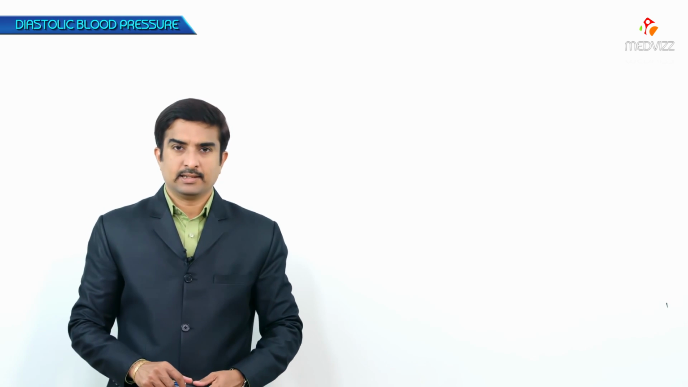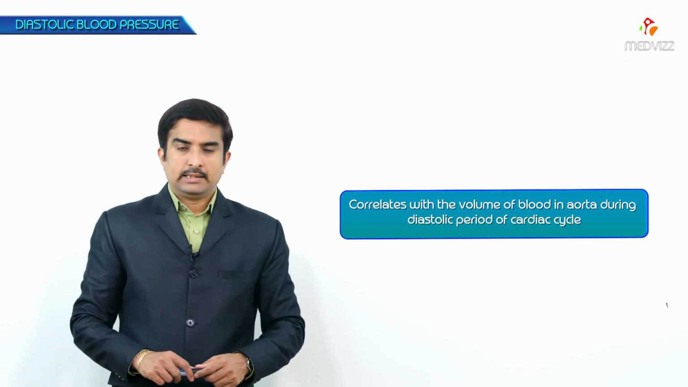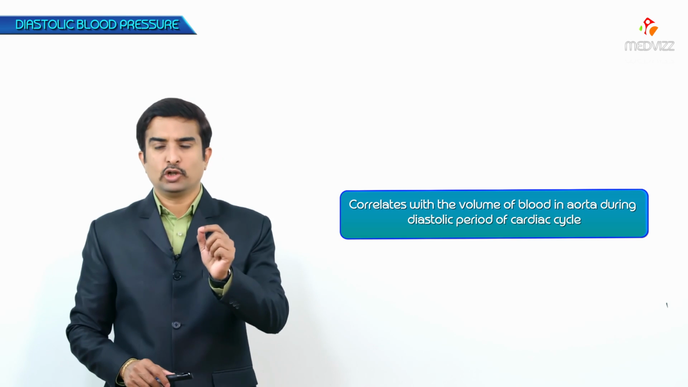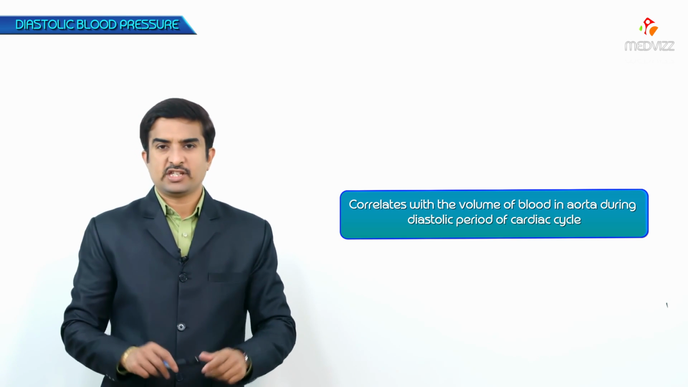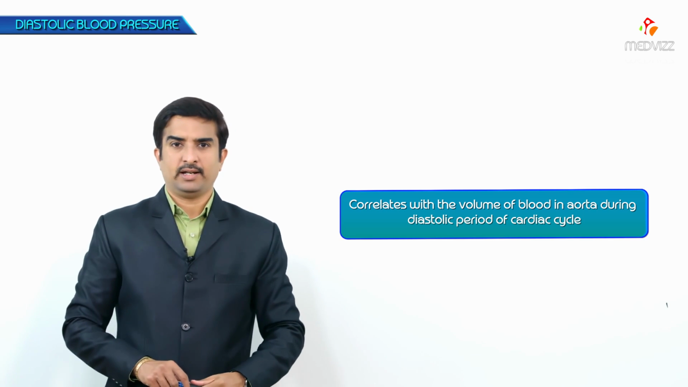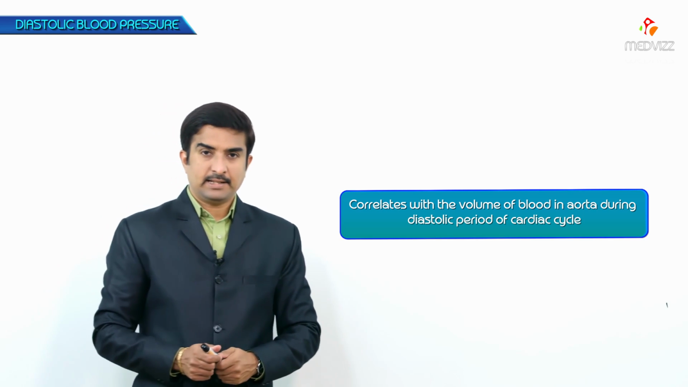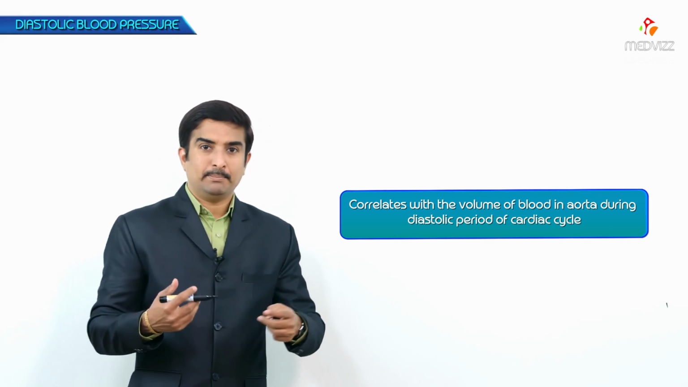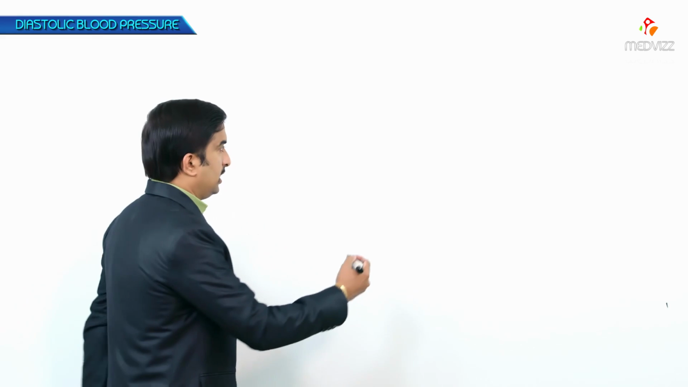Here we need to discuss the diastolic blood pressure. The diastolic blood pressure correlates with the volume of the blood which is present in the aorta during the diastolic period of the cardiac cycle. For example, to understand the diastolic blood pressure, you need to know the mechanism behind it. If you see